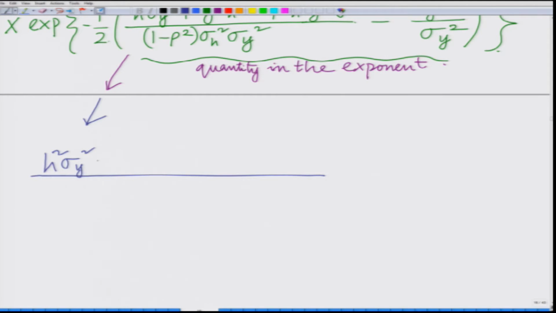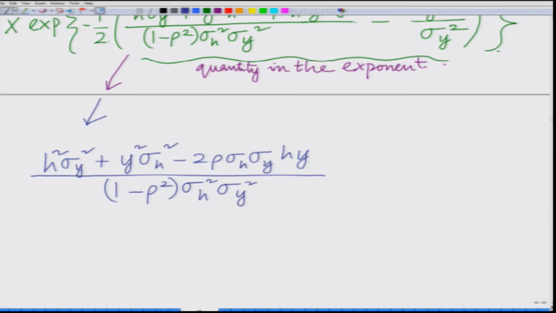That is, h square sigma y square plus y square sigma h square minus 2 rho sigma h sigma y h y, divided by 1 minus rho square